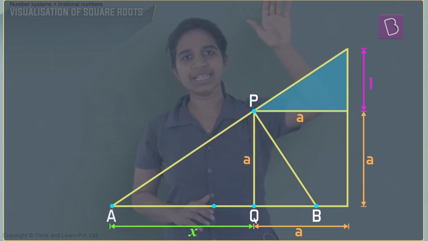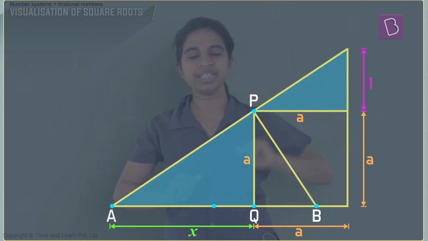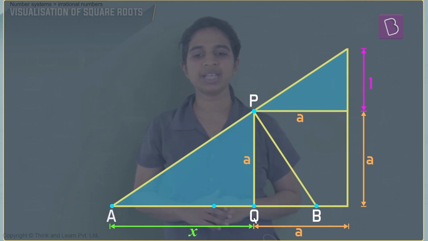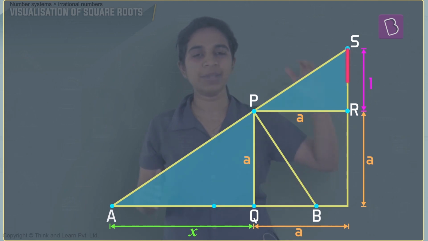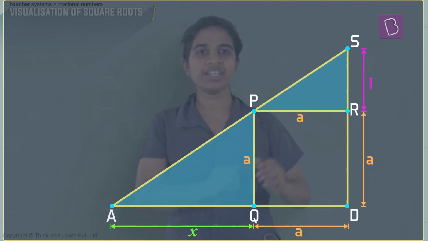If I shade this smaller triangle on top, and this larger triangle at the bottom, right? I've shaded these two triangles: triangle PAQ and the triangle PRS. Now, if you shade these two triangles in the bigger triangle, the largest triangle that we are left with, which is ASD, in the triangle ASD, what is the unshaded region that remains?